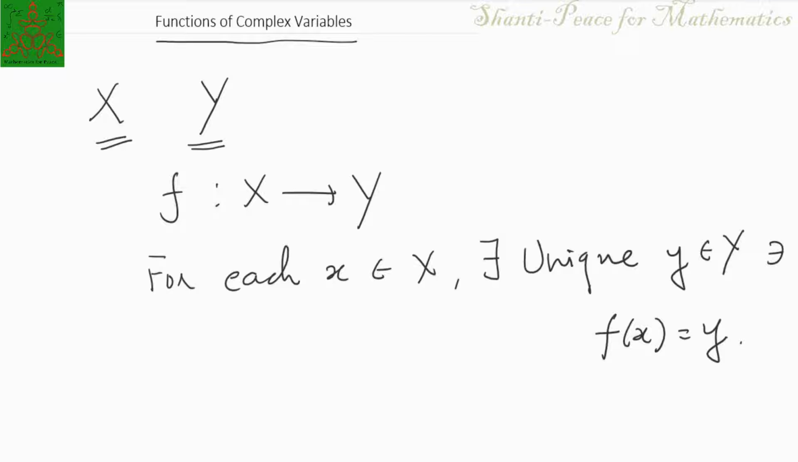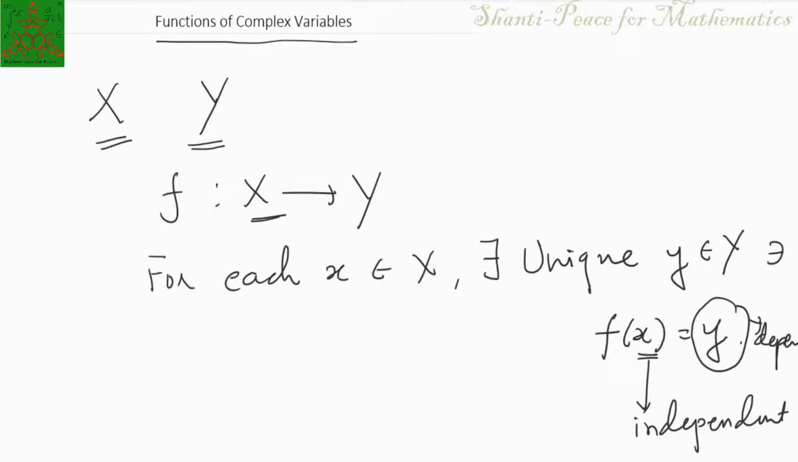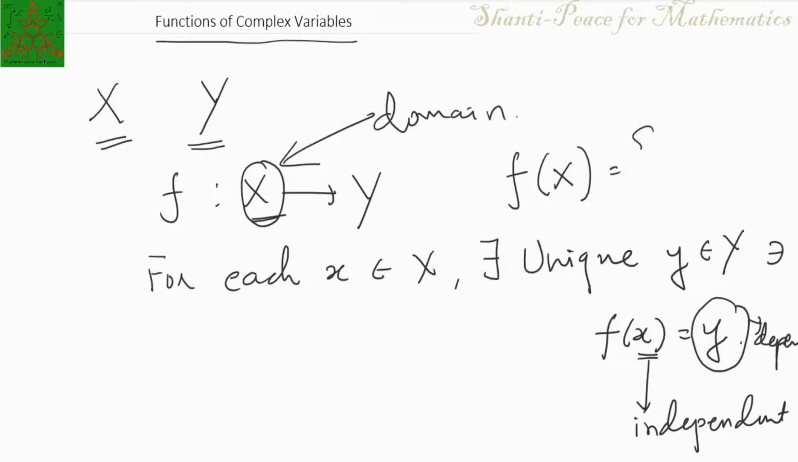So in this definition of a function, we say that x is an independent variable and y is a dependent variable. And this capital X is called the domain of the function, and the set of values it takes, that is, the set f of x such that x belongs to X, is the range of f. Now whenever this independent variable